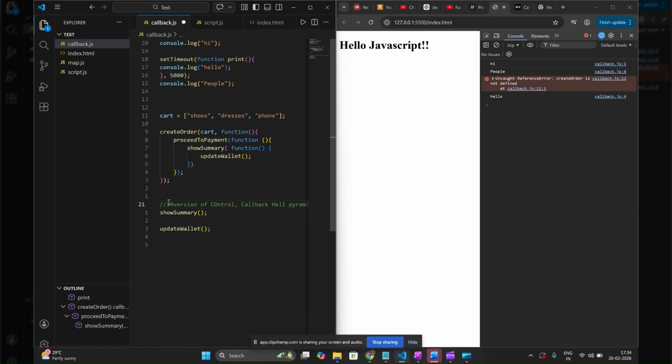So we are blindly trusting any other API to call it. Now, this create order API can call it or cannot call it. And if it calls it, maybe it can call it multiple times. We don't want that to happen, right? So this is the